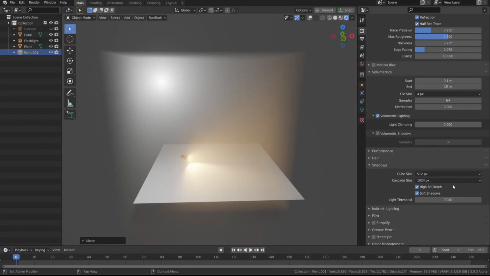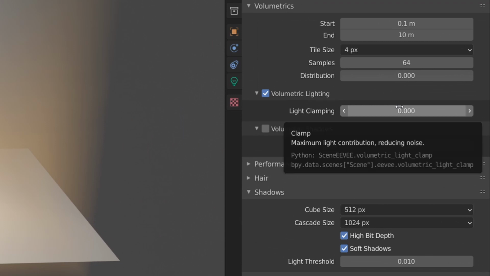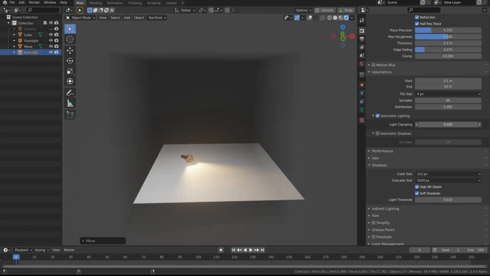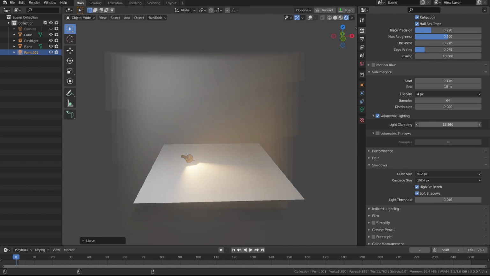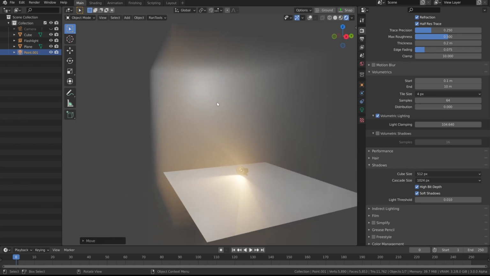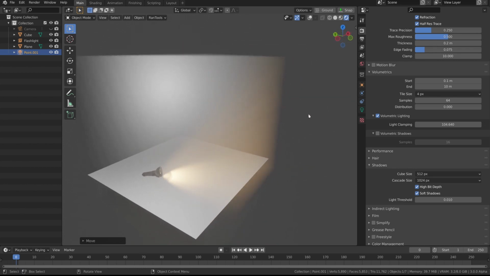The secret here is the light clamping value. This controls the maximum brightness of light that can be contributed to the volume, but a value of 0 makes it unlimited. If we change this to a non-zero value, it will cut off all light above a certain brightness from contributing to our volumetric effect. That way, the bright flare at the center of the light is removed, leaving all this softer light around it,